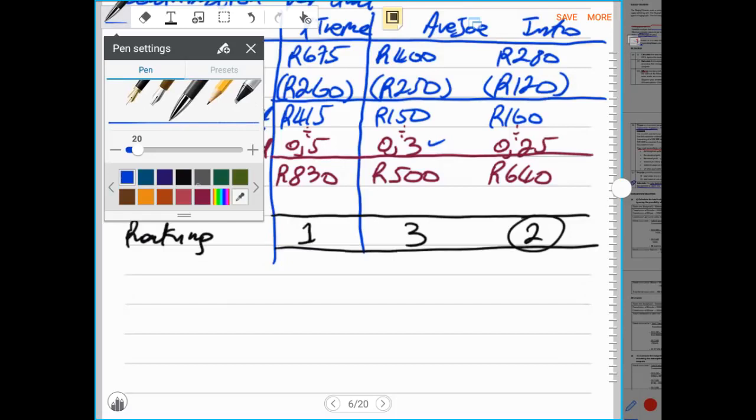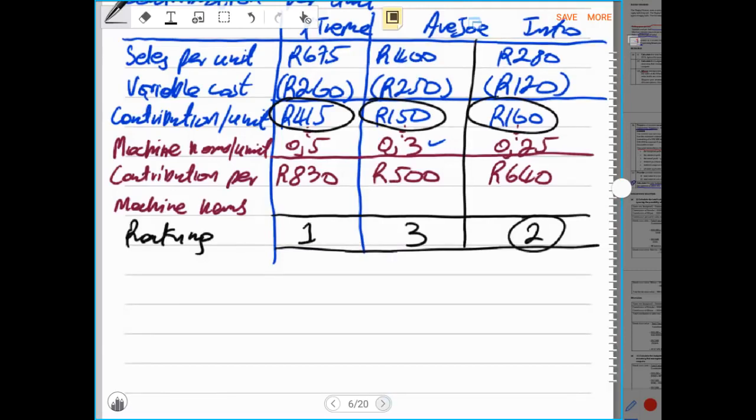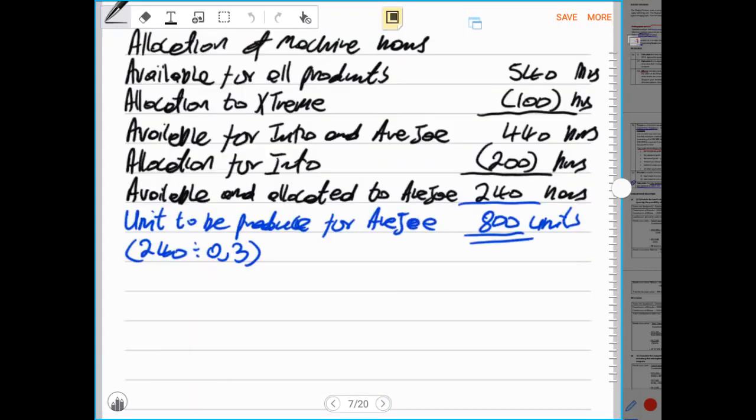Let me just change the color so that we tap on this. The contribution for the company is 415, 150, and 160. So we have realized that after we have done the allocation, which is the allocation of the resources,